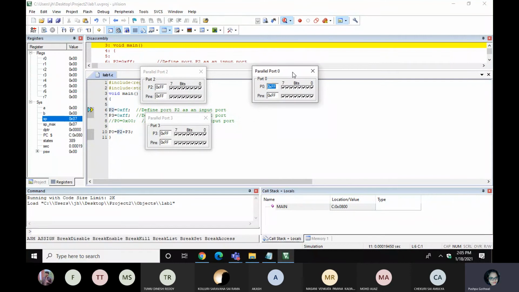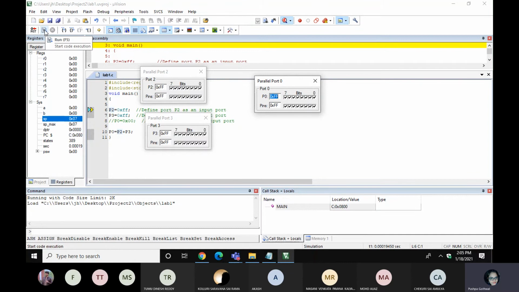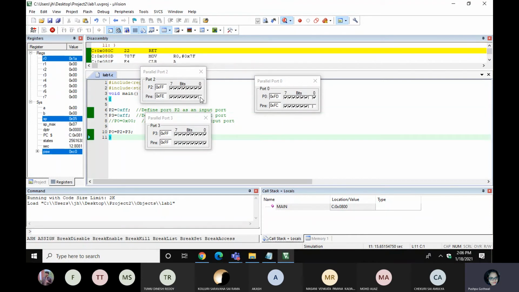Right now no simulation is going on. Now go to this run button. See, run, F5. Once you start, right now this is 1 1 and 1 1, so you have FF and FF. When all are FF, you are getting FE over here. So I'm running this. You can see the result: FE. If I change the switch, you can see my changes.